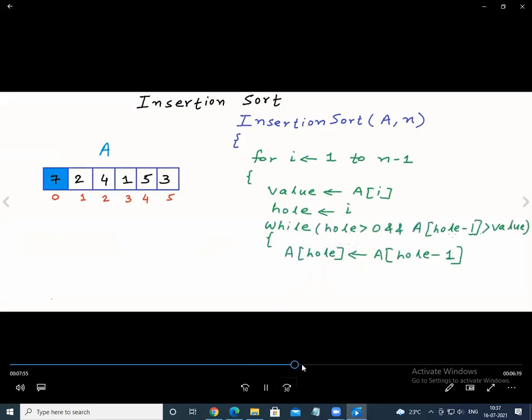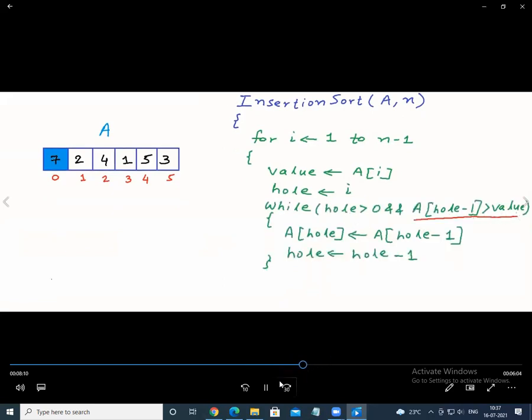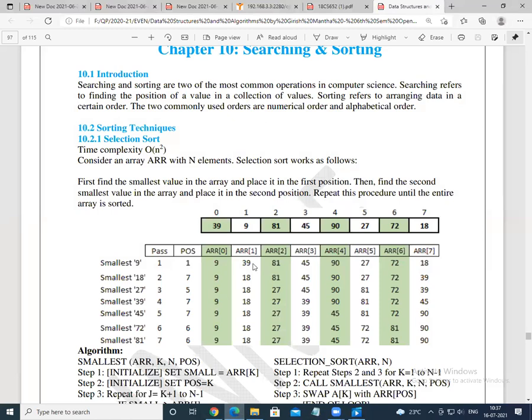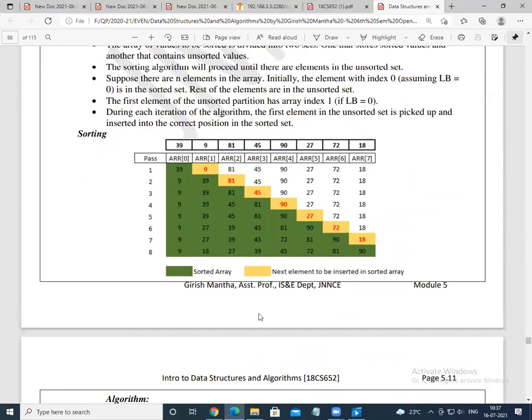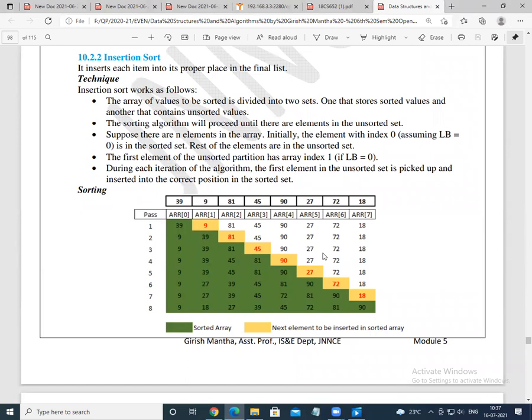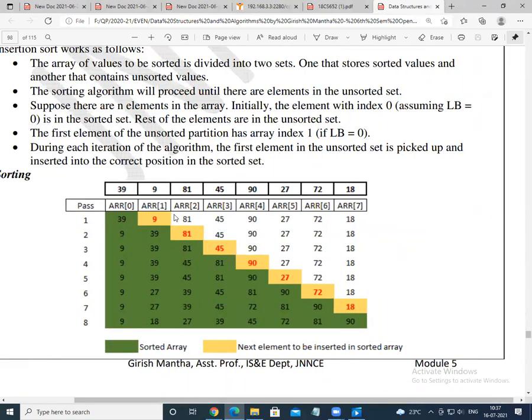If you want to go with the program, let me go to the program from the book we have studied. We have seen selection sort. From the notes, if you would like to see insertion sort, see the same example with different elements here. Initially this is an array, and we assume that 39 is the already sorted part. You see 9. You compare 9 with 39. Since 9 is less than 39, 9 is shifted, 39 is shifted over here.